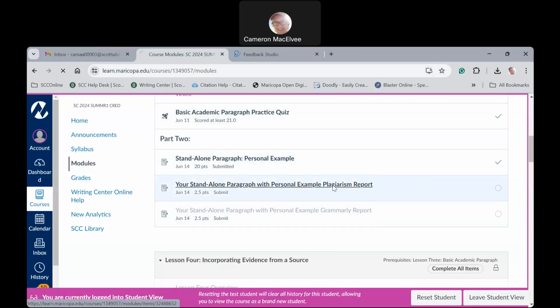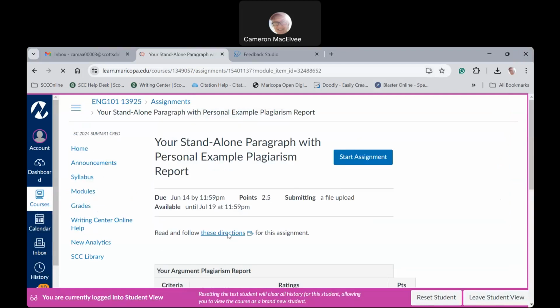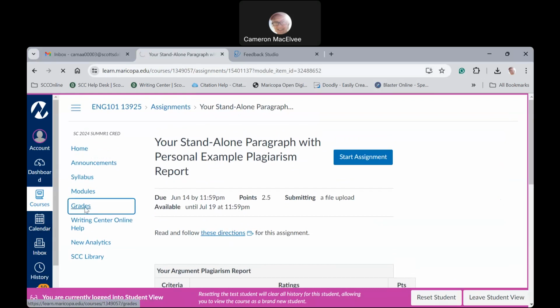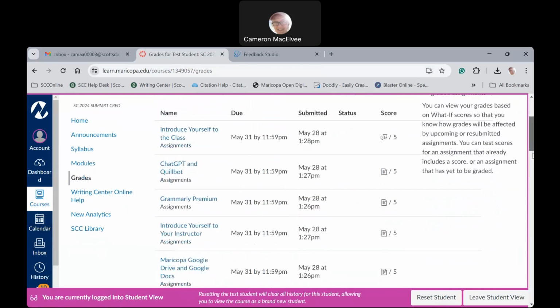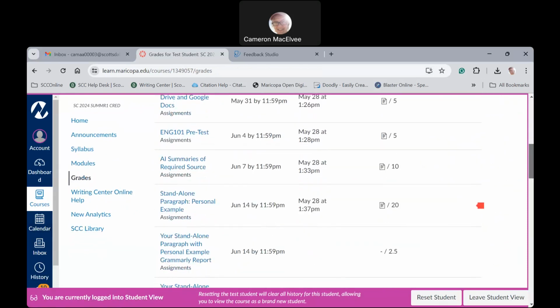When you click on the directions, you'll get these written directions, and I'm going to put the video right here. You'll see that coming up. So in order to get it, what you're going to do, as the directions will tell you, is you're going to go to your grades, and we're looking at the test student view, so this is why it looks a little bizarre. You're going to scroll down to the assignment until you find it,